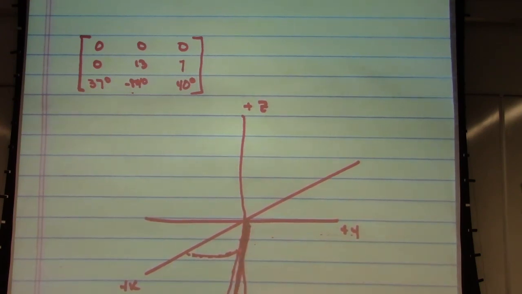Sorry, this is kind of messy. By an 84 degree angle. So we have a length of 13 inches or millimeters or whatever the unit of measure is at an 84 degree angle into the negative Z direction. And then finally, we're turning